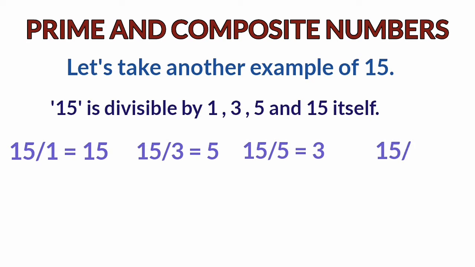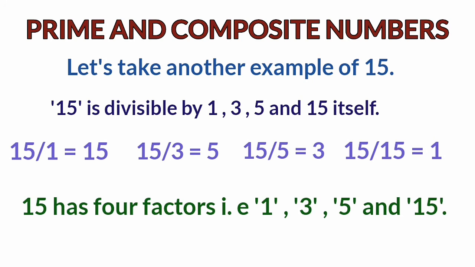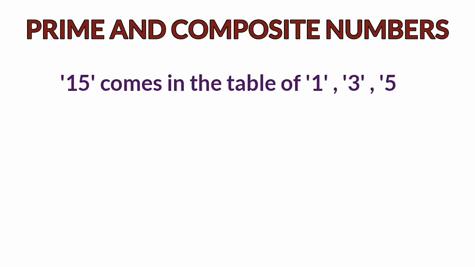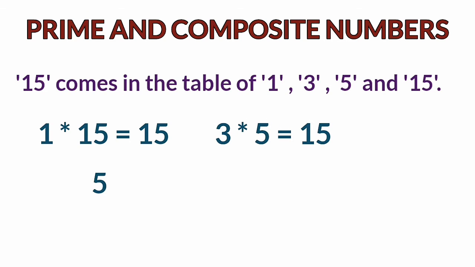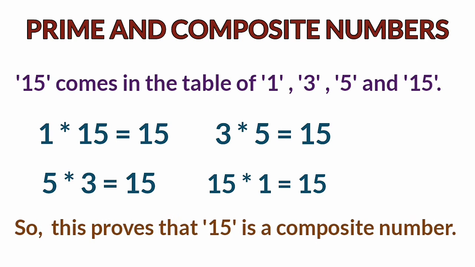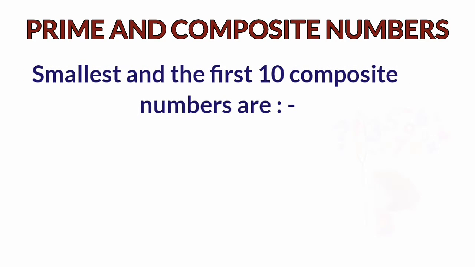When we divide 15 by 15, it gives answer 1. It means 15 has 4 factors, that is 1, 3, 5 and 15. And in another way, 15 comes in the table of 1, 3, 5 and 15. 1 15s are 15, 3 5s are 15, 5 3s are 15 and 15 1s are 15. So it means 15 is a composite number. So the smallest and the first 10 composite numbers are